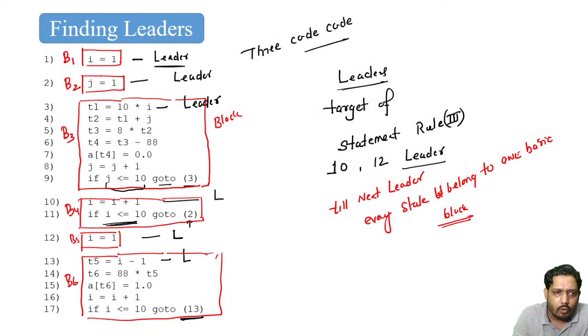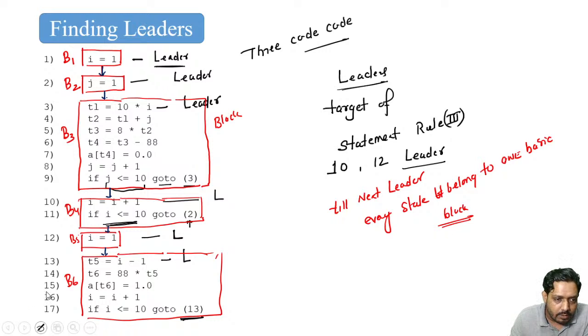Now let's decide the flow. These are the flow. Let me put a different color over here. So the flow will be from here to here. This is a linear flow. Linearly the control will flow in this particular case. There will be more flows